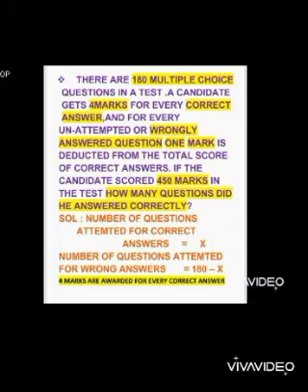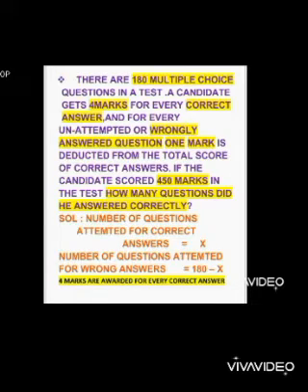Okay. So first let us discuss what they have given in the question. Total number of multiple choice questions they have given is 180. Total marks he scored is 450. For every correct answer he gets 4 marks, and for every wrong answer, 1 mark will be deducted from the total score of correct answers. Now, you have to find how many questions he answered correctly. We don't know how many he answered correctly, so it is an unknown value.